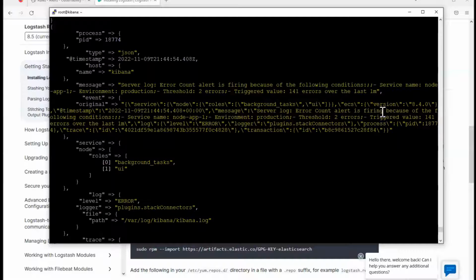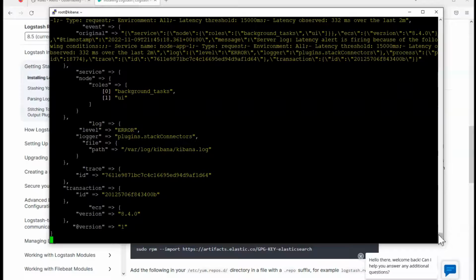Error count alert is firing because following conditions have been met. Line break, service name, node, app 1, line break, environment production, line break, threshold, 2 errors. And all the alerts are being printed to standard out. And as more alerts are being written to kibana.log, logstash will automatically print the next new record to this standard